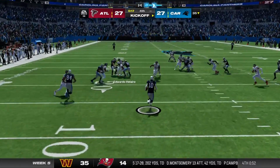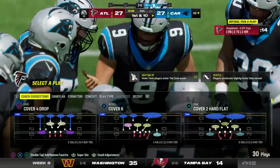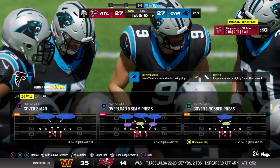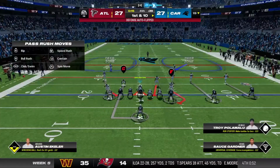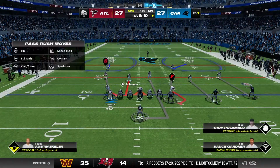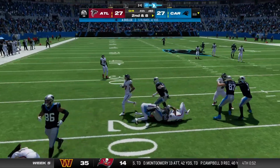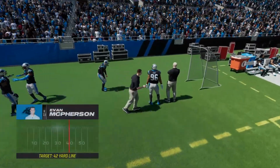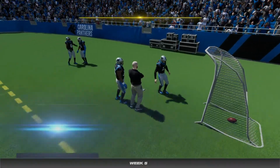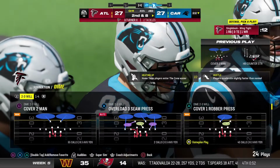From a yard or 2 deep, here comes a return. And only able to get this to the 19, so probably should have opted for the touchback. At their own 19-yard line. They'll come up 1st and 10 here. They started on the ground with Eckler. Oh, and the tackle comes quickly. That's only going to get him a couple. He was taken down at the 22-yard line. 2 yards on the pickup. It's 2nd and